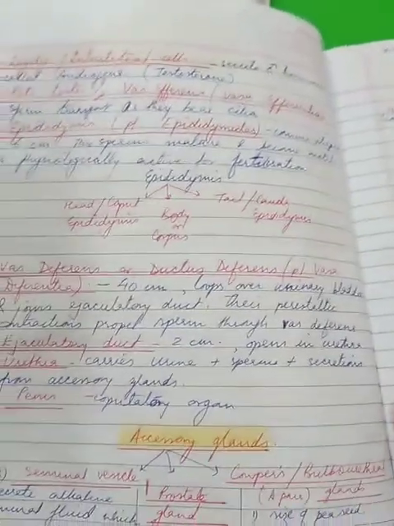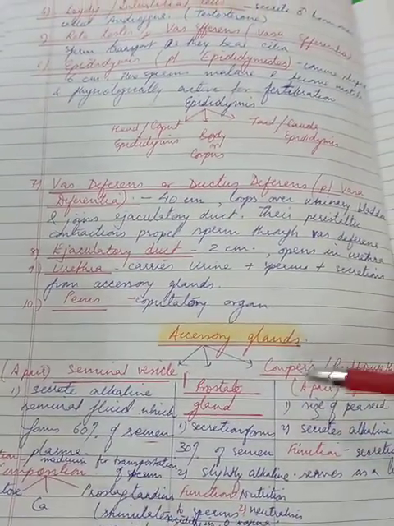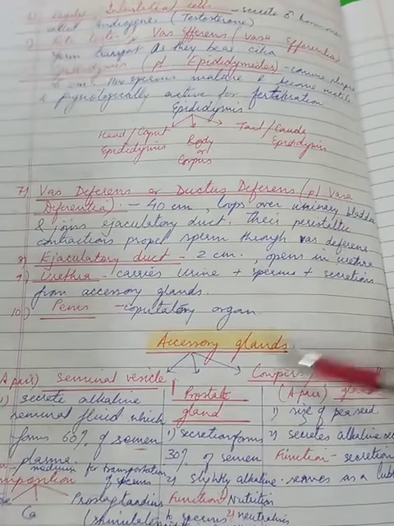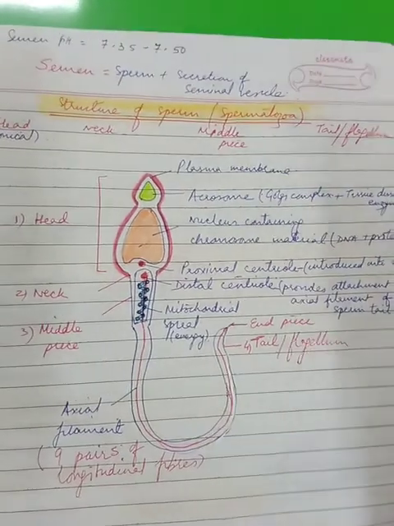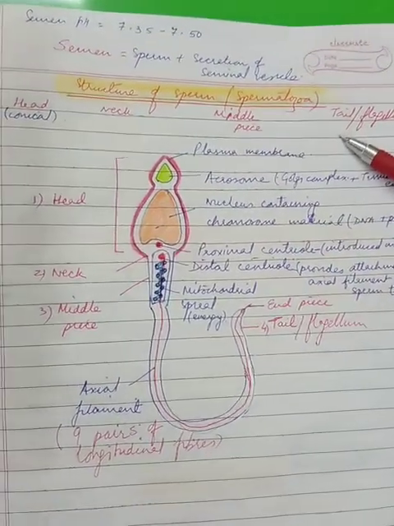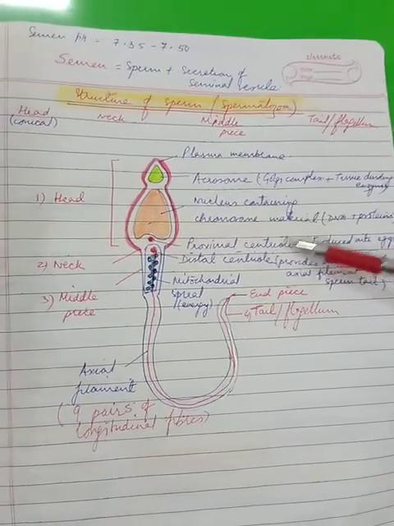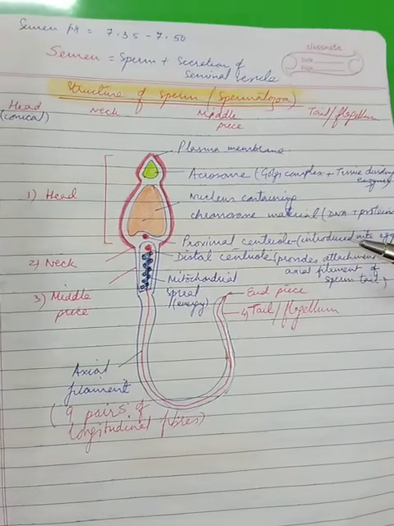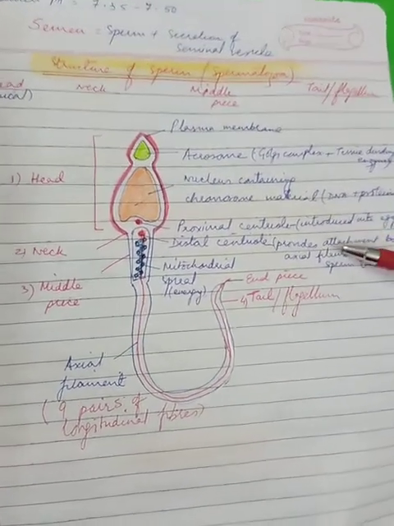After that, various technical terms were discussed, positions, numbers and functions of accessory glands were discussed, and a very important diagram along with the description that was taken was structure of sperm or spermatozoa. This is very frequently asked in the board exam to draw, and the marking is direct, as many as 4 to 5 marks. You should be very well able to explain and draw the same.